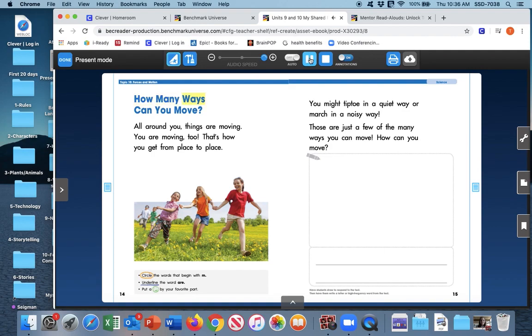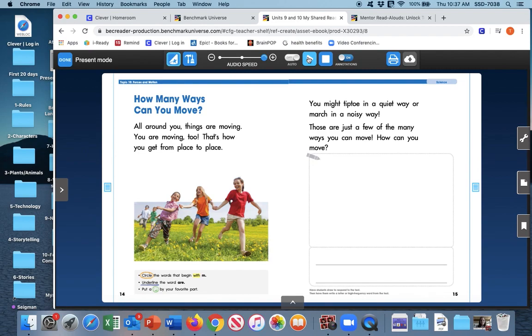How many ways can you move? All around you, things are moving. You are moving too. That's how you get from place to place. You might tiptoe in a quiet way or march in a noisy way. There are many ways you can move. How can you move? Circle the words that begin with